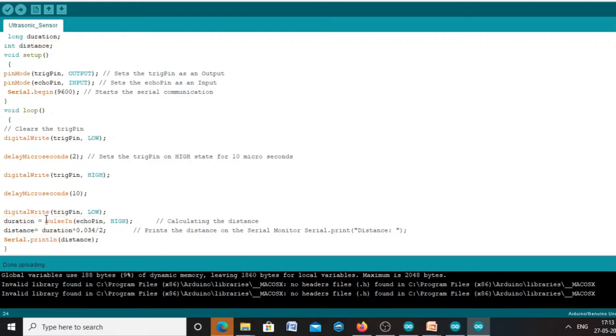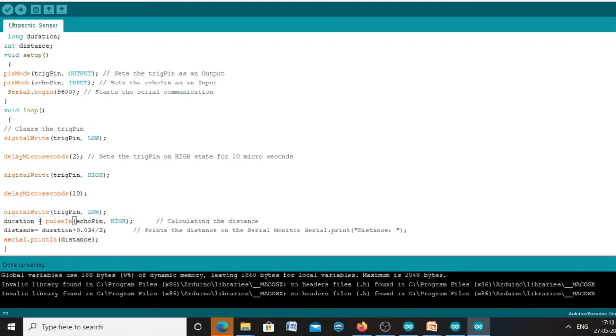The pulseIn will give out the actual time traveled by the sound wave from the trig pin, or when the sensor sends it out through the transmitter, and then it hits the object and comes back to the receiver. So the duration will store the time for the entire journey with the help of the pulseIn function.